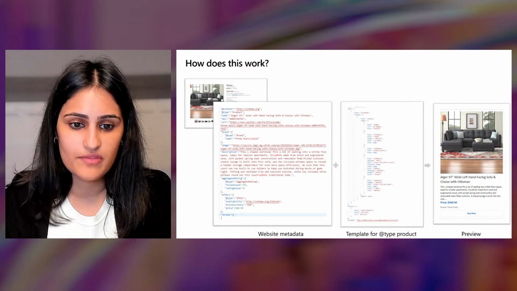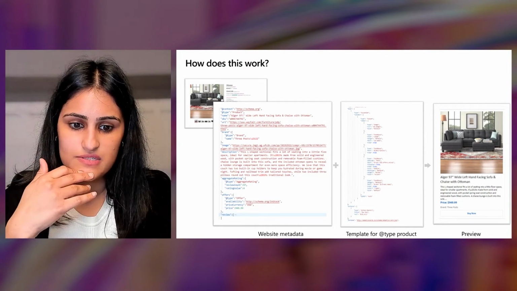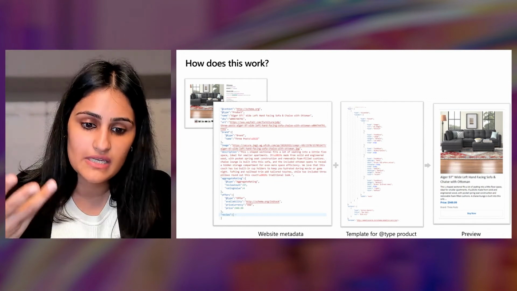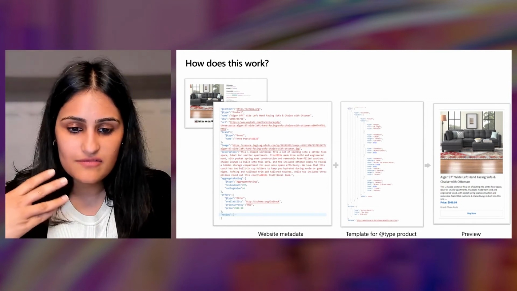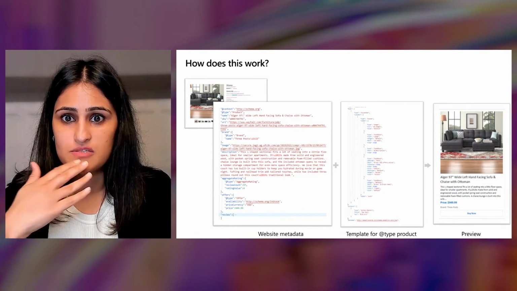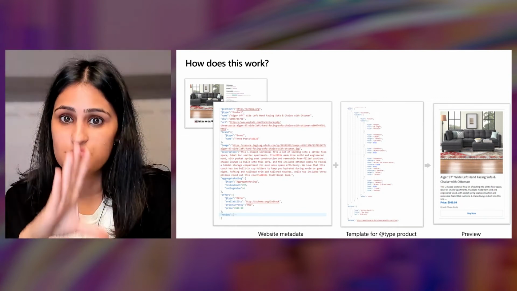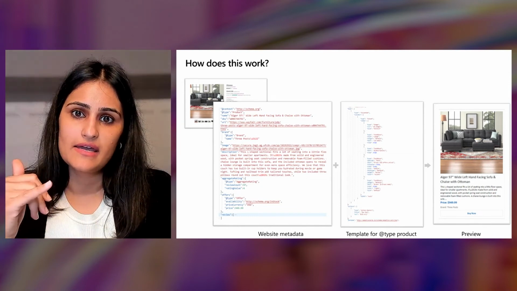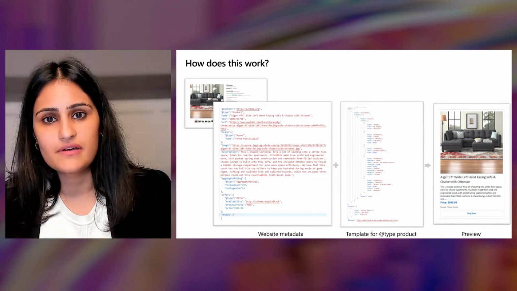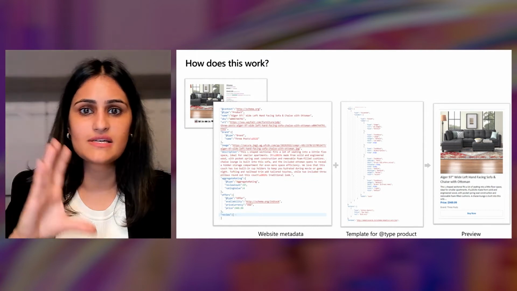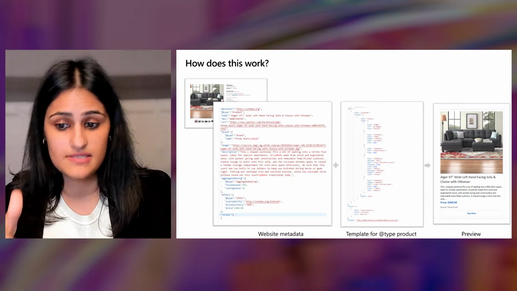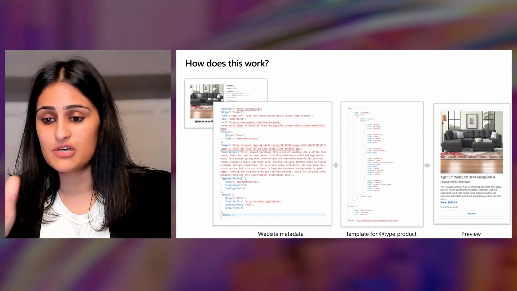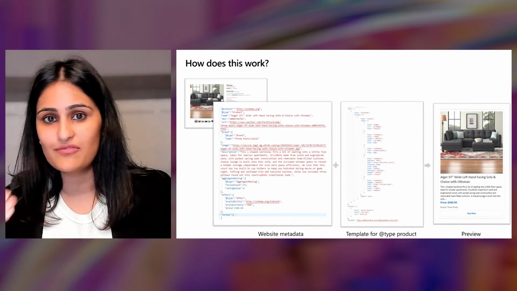You can see the name of the product is on there, but then there are interesting things like the description of that product, the rating, pricing info, stock information, etc. So it's very relevant to an e-commerce product on the internet. Now, we take this information and we set up a template for every type category. In this case, it's type product, and whenever a link for